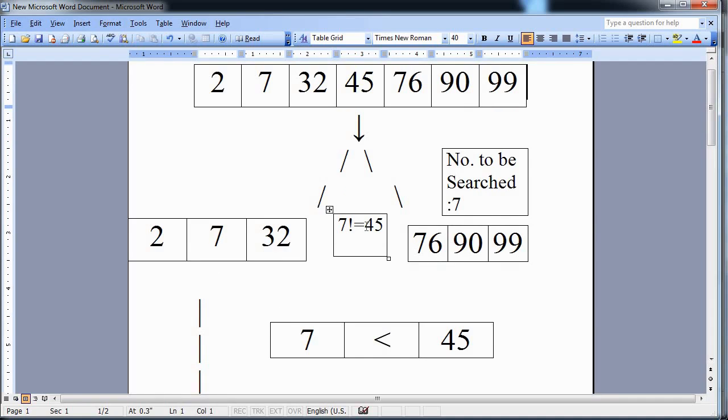If the center number is greater than the expected number, it will move on to the numbers to the left of that center number, and if it is less, then it will move to the right side. Then again it will find the center number and check that.